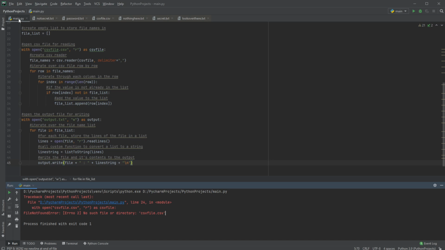Our file Python projects, main.py, the one that I'm working in, is not in the same directory as these other ones. So I will actually move those over there right quick,